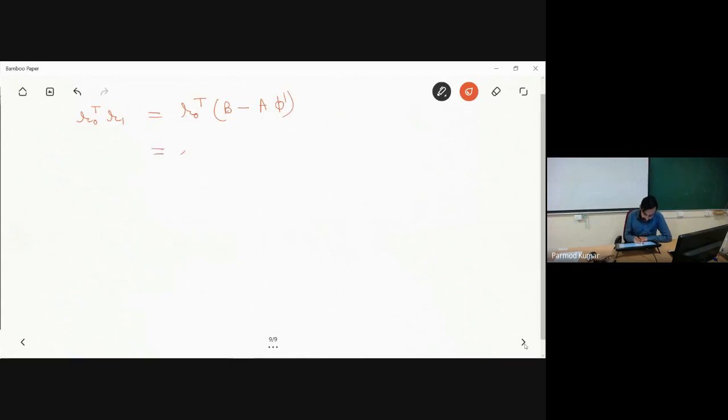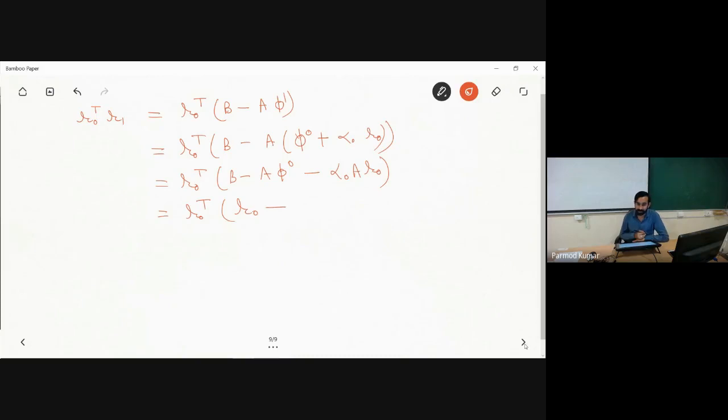Okay. Now what I will be doing, R0 transpose into B minus A. In place of phi 1, I can write phi naught plus alpha naught into R naught. Now it will become R naught T into B minus A phi naught minus alpha naught A R naught. And B minus A phi naught will become nothing but equal to R naught, and in place of alpha naught, I can write,